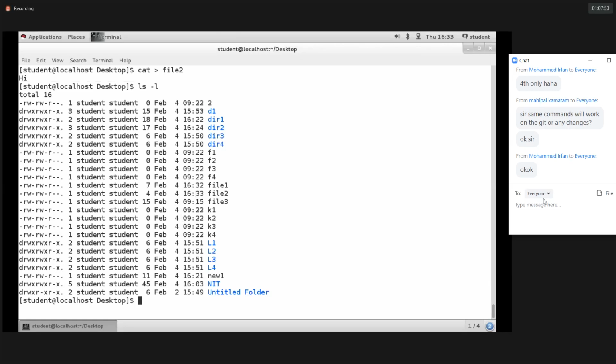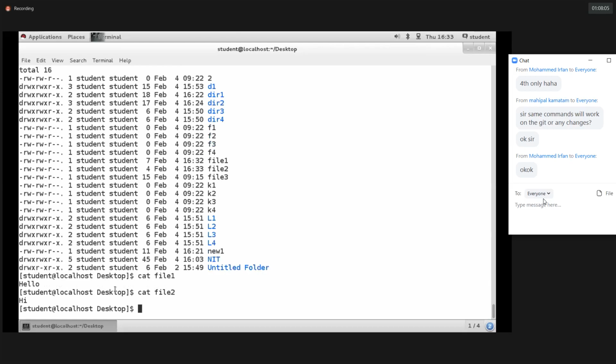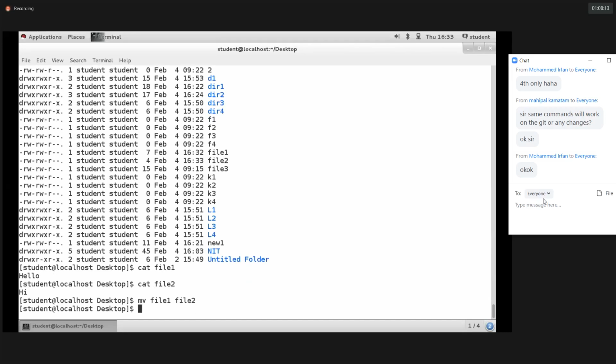So now file 1 has the content hello, and file 2 has the content hi. Then mv is the command. I'm trying to move file 1 to file 2.